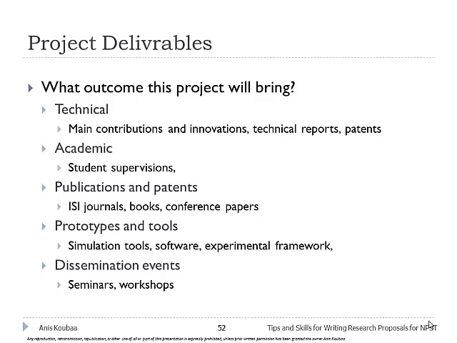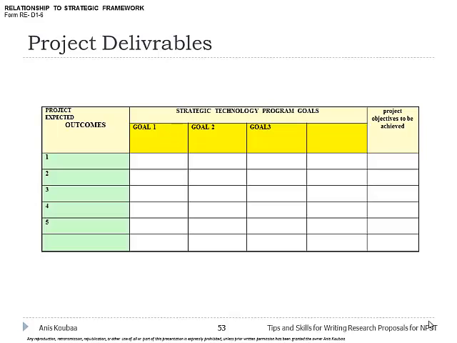Dissemination events. This project maybe will allow you to organize seminars, trainings, workshops, conferences, okay? So you try to enumerate all possible outcomes of the project. In MPSD, there is a mapping between the outcomes of the project and the strategic technology program goals. The strategic technology program goals are already documented, so you have to identify 3 goals and make the mapping with